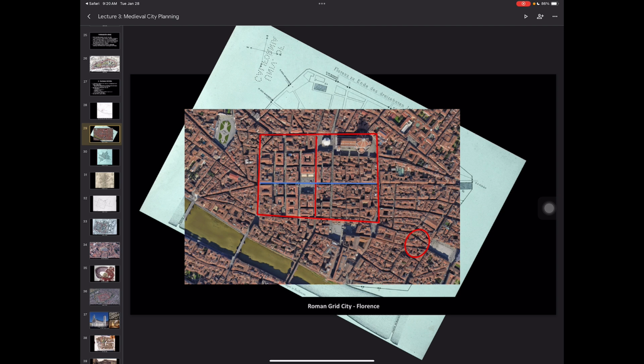So that is another hint that this is a Roman foundation, and you can see that the streets today still work off of that. So the ancient foundation of the amphitheater still exists underneath the city itself. If you were to dig up those basements, you would find the vomitories of the ancient amphitheater inside of there.